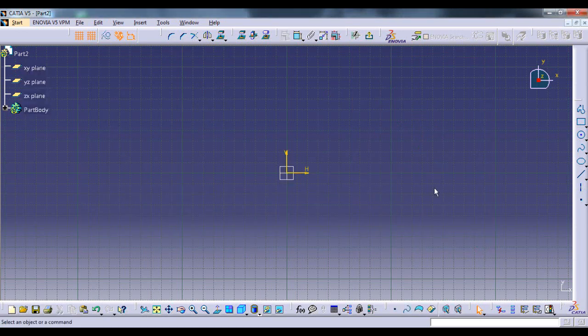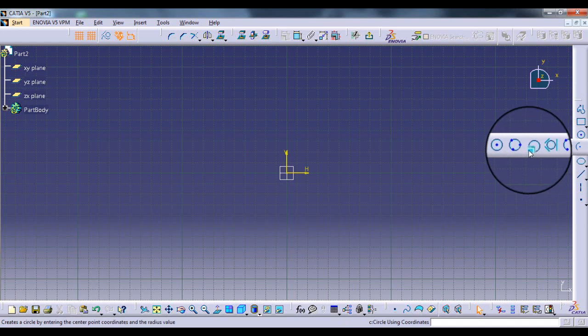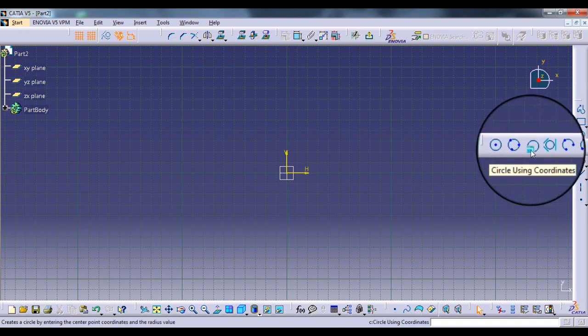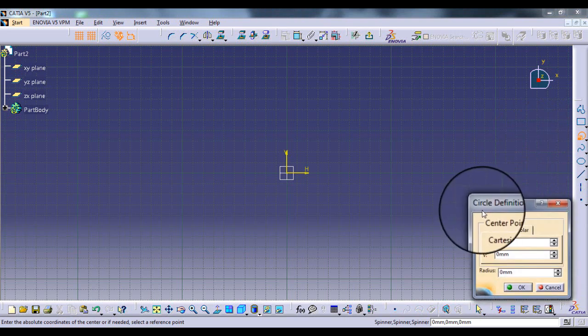We can also plot the circle if the coordinates of the center are known to us. We just need to select this command, that is circle using coordinates. Now consider that we want to make a circle with a radius of 60 mm and we want the coordinates of the center to be at 30, 40. So we just click on this command. This will open the circle definition dialog box.